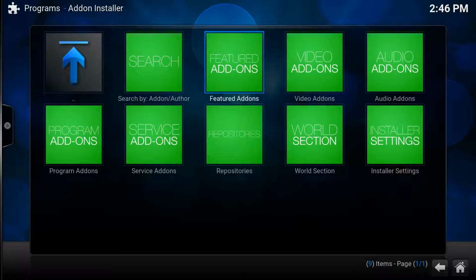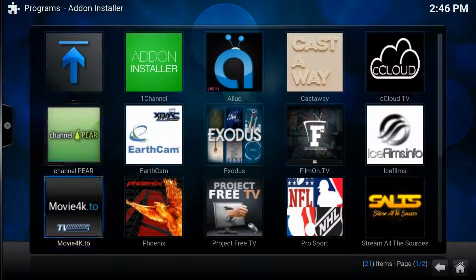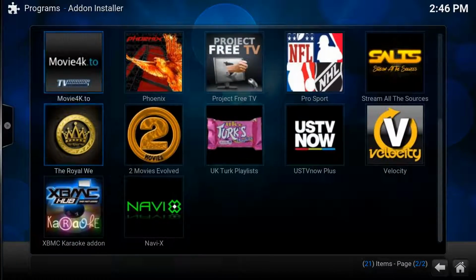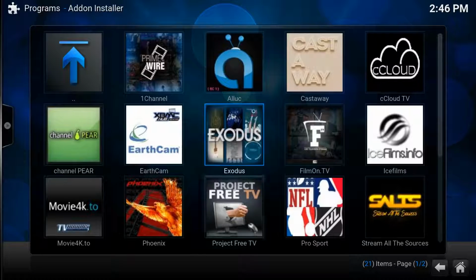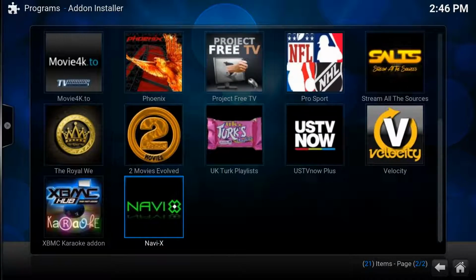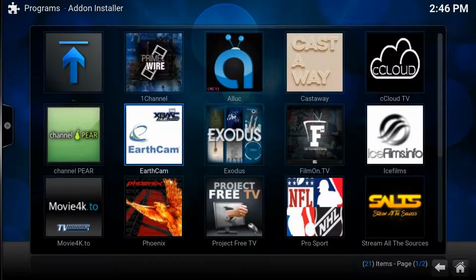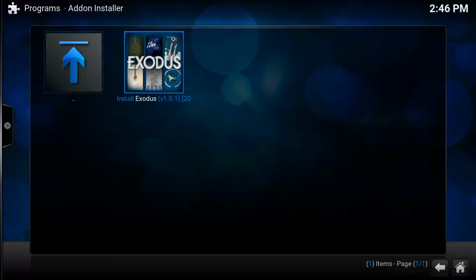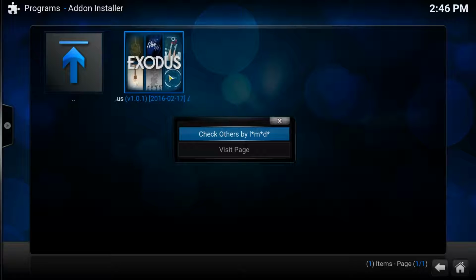So the add-on is a video add-on, and this should hopefully install it. However, as you can see, there's loads in here which are very good, and I've put my name to some, for example Phoenix, amazing. Salts is good. Navi. There's loads here to be playing around with, but the one that I'm focusing on and the new one to hit the block is this Exodus. I'm just going to click the wrong button. I've right clicked instead of left clicked.